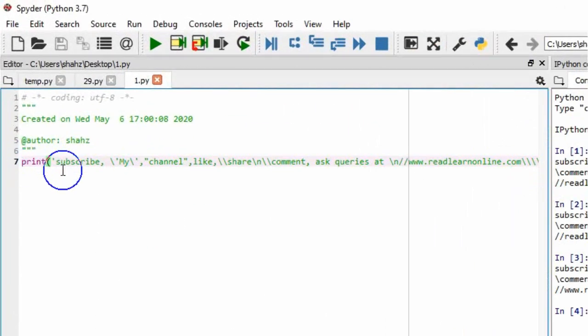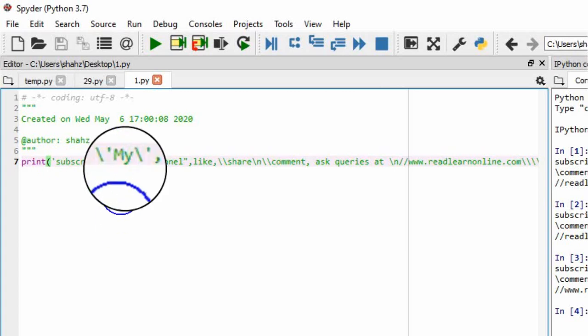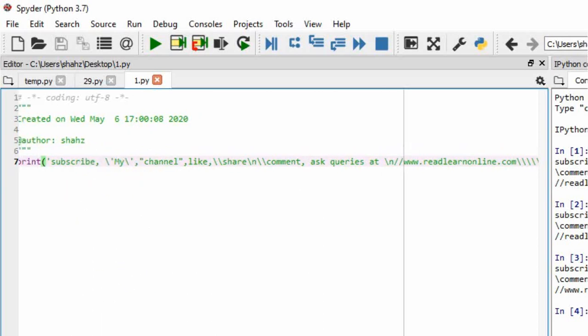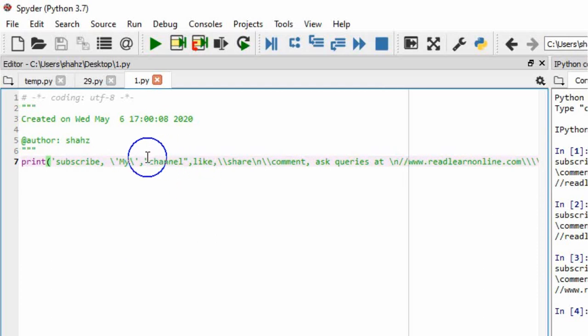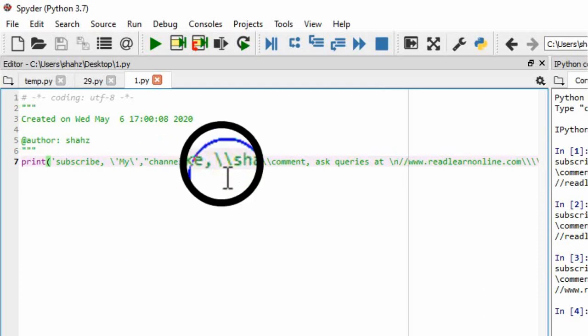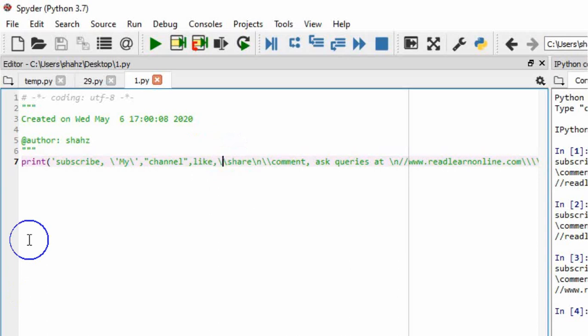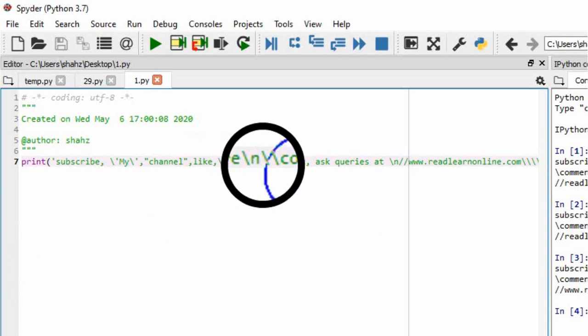I use print, then Subscribe, then a comma, and to include this comma I use this backslash. To include this inverted comma, I use this backslash, and after this I use double inverted commas and like. Now to include this backslash I use this backslash as an escape character, and same after this I use backslash n to get a new line, and then this backslash